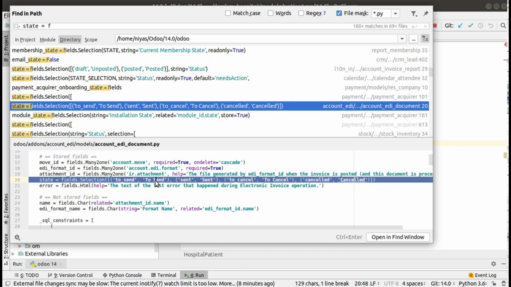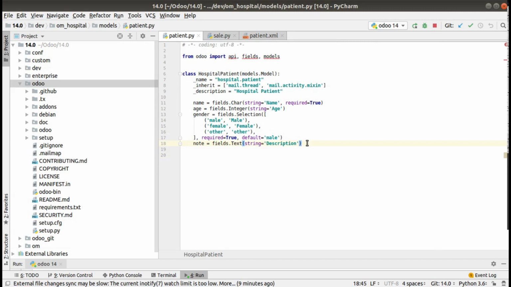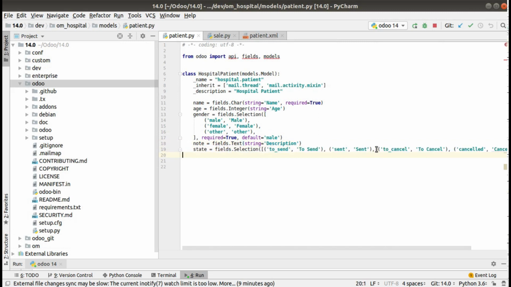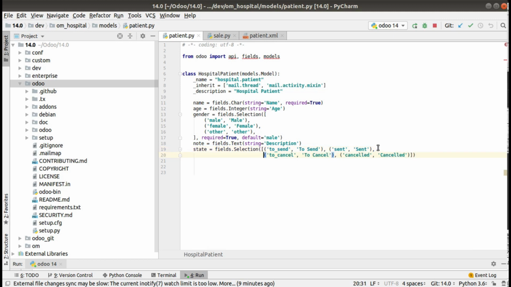I'll put it inside our hospital.patient model, and I'll be adjusting its syntax. Here you can give the name as state, and it is a reserved keyword. If you need to add a status bar, please use this field, that is, state equals.